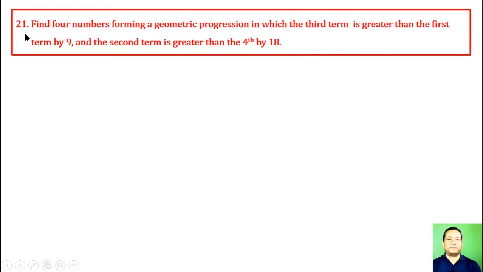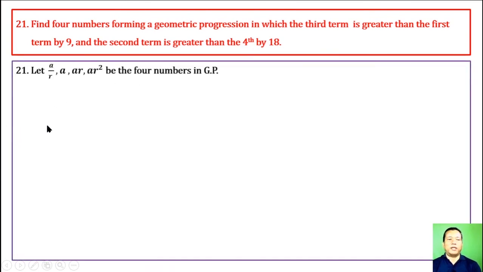Question number 21. Find 4 numbers forming a geometric progression in which the third term is greater than the first term by 9 and the second term is greater than the fourth by 18. Let a/r, a, ar, ar² be the 4 numbers in GP. Then ar, the third term, minus a/r, the first term,